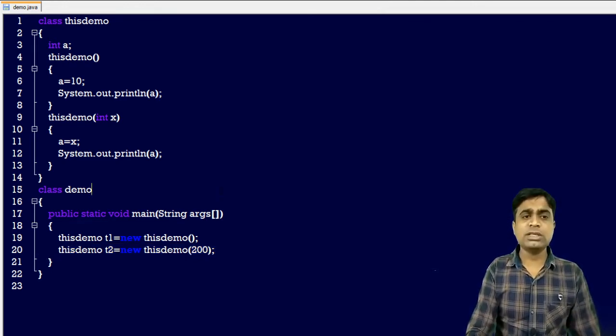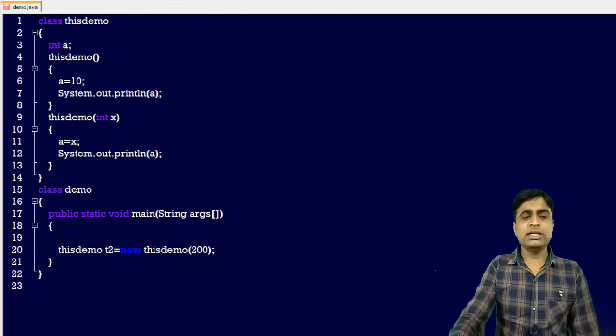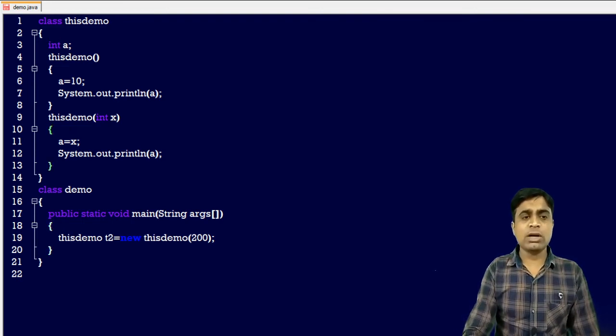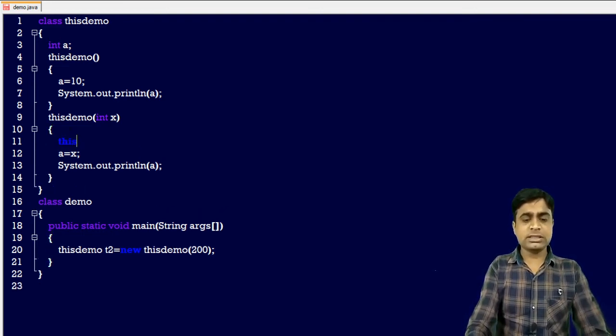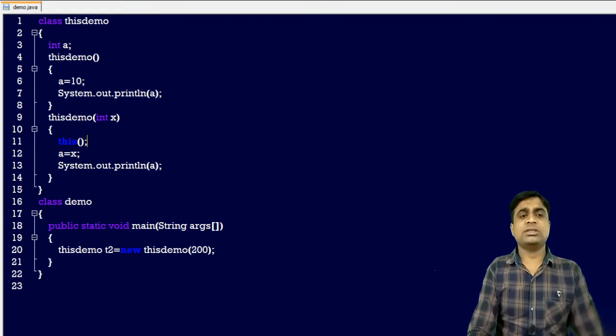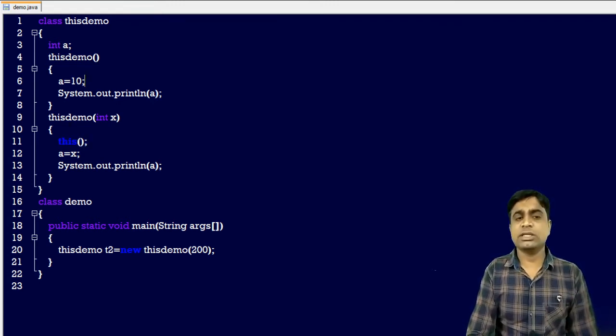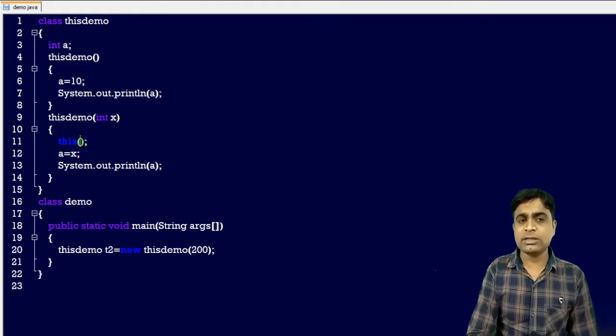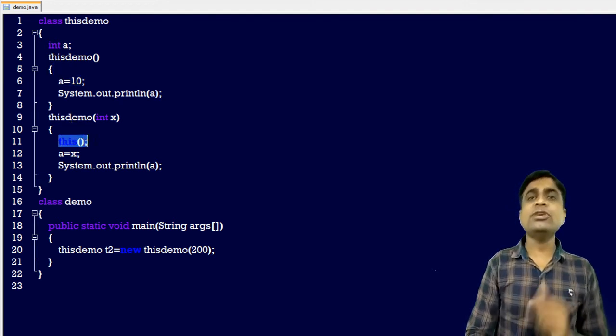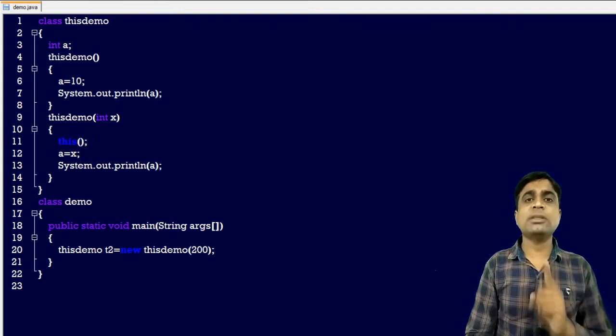But now what is the use of these? Now I am not creating the default constructor object, I am just deleting it, and I am calling this here. Only write this. This is called the parameter default constructor. If you pass this parameter, it will call this constructor, but I want to call this default constructor in the parameterized constructor.